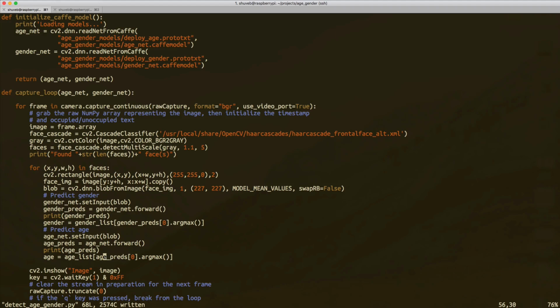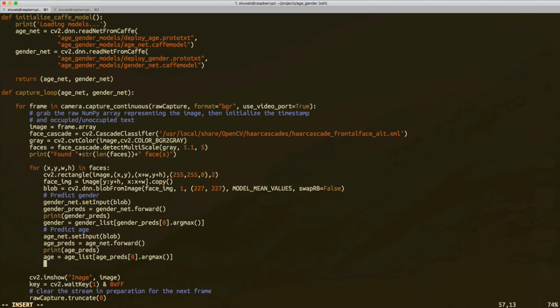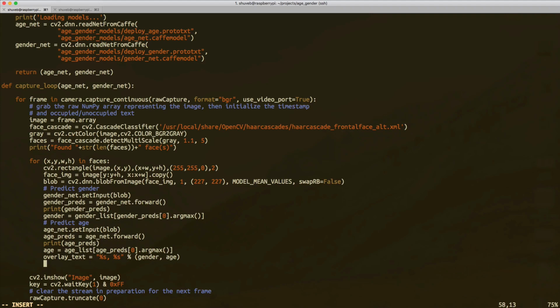Now let's form a string so that we can display it near the face of the person on the image. Now this will be our string. We have gender and age. For example, it will say male or female, comma, the age range, right? And then